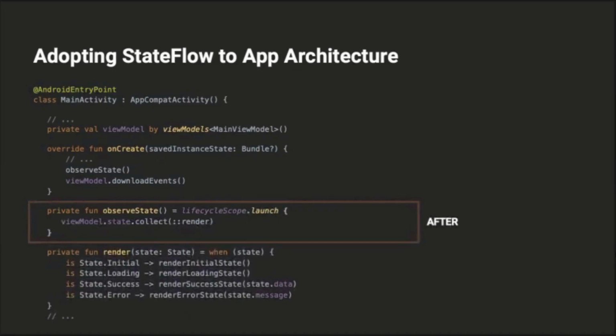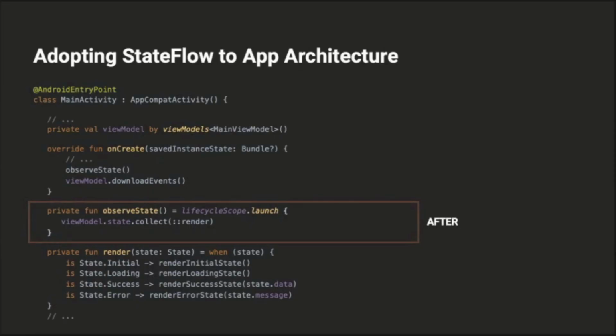This is also a very simple process where we only need to change observe to collect, then use lifecycleScope.launch. As for why lifecycleScope.launch, that's because when we are working with StateFlow, we need to consider stopping the data collection when, let's say, the lifecycle owner is already destroyed. So the best possible solution is to use lifecycleScope.launch, and that's it for adopting StateFlow to